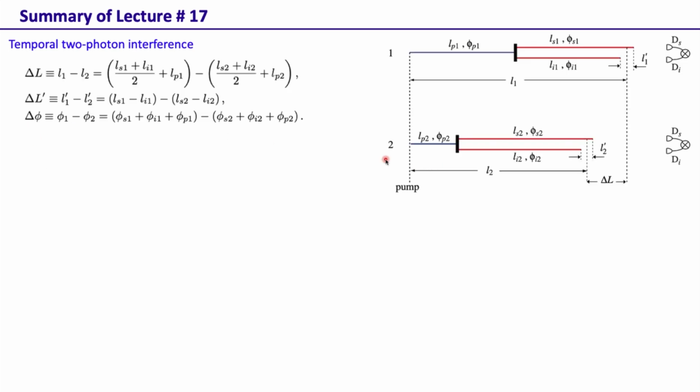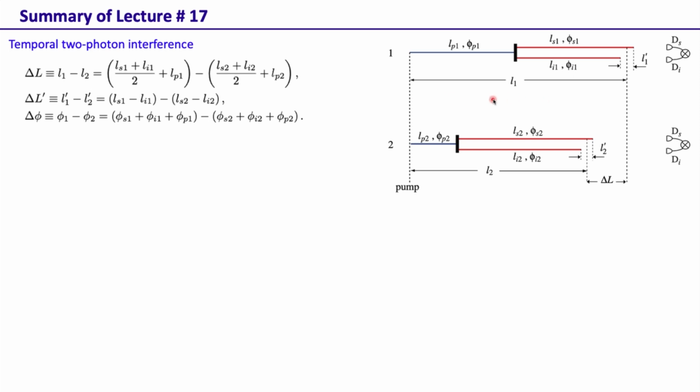First, let's quickly look at what we did in lecture number 17, in which we rigorously derived two-photon interference and the coincidence count rate. In lecture number 17, we considered a general two-photon interference experiment, a two-photon interferometer, and we saw that a general two-photon interferometer can be represented like this in this unfolded two-photon path diagram, in which we